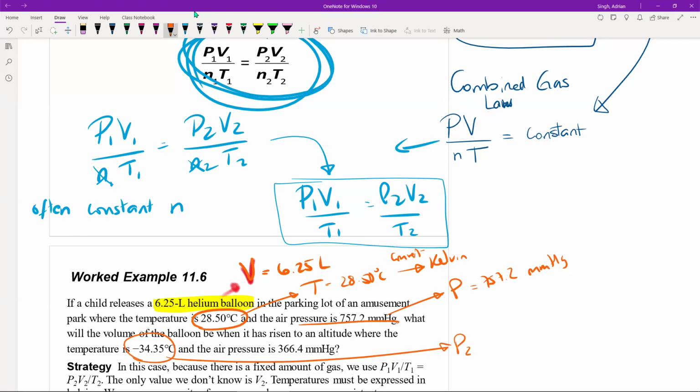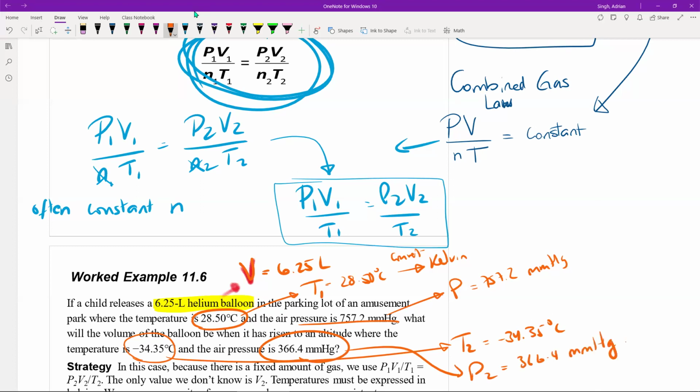So we can call this P2. I'm sorry, a new temperature, T2. So that means the first temperature given would be T1. So this would be T2, negative 34.35 degrees Celsius. And then the new pressure now, this would be our P2, would be equal to 366.4